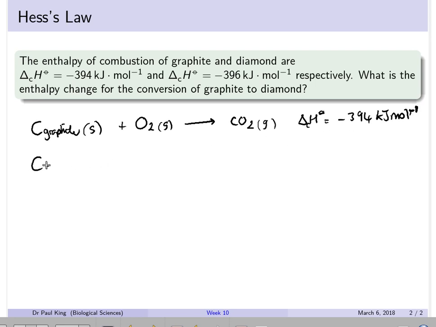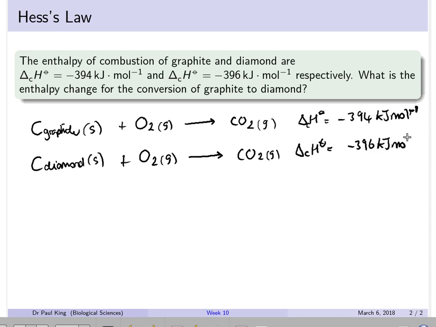We then have the enthalpy of combustion of diamond, which is associated with this reaction, the burning of diamond in oxygen, again to produce carbon dioxide gas. And the enthalpy change for that process will be minus 396 kilojoules per mole. And we know by definition the enthalpy of combustion of a substance is associated with burning 1 mole of that substance. That's why we have 1 mole of graphite here, or 1 mole of diamond here,